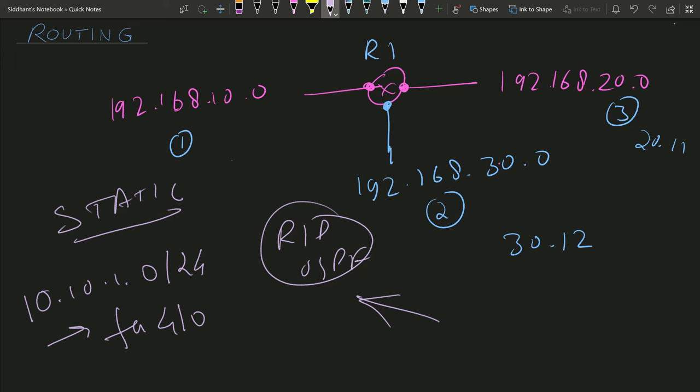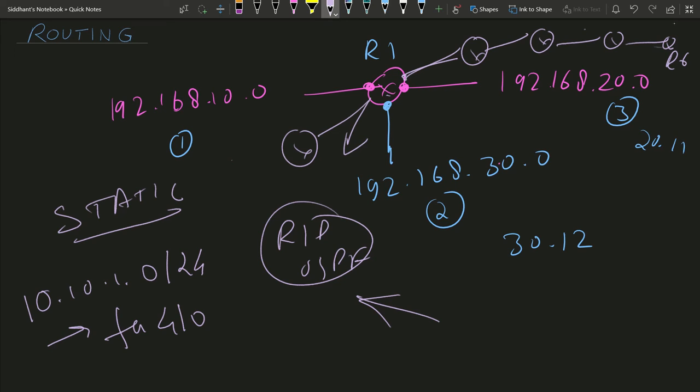We just enable RIP on this router, on this one, and on the other routers, and all of these routers will know all the interfaces and all the networks they are connected to. So router number 1 knows which networks are connected to router number 6. We don't need to advertise. In case of static, we need to go to router 1 and advertise that if you want to communicate with, say, 20.30.50.1, you need to go via this way.